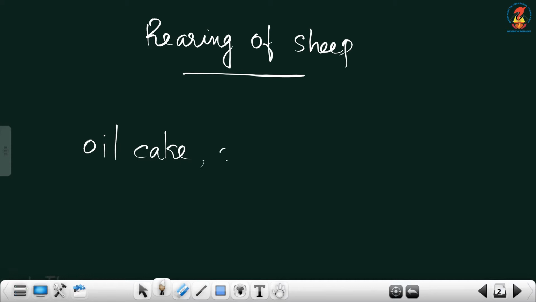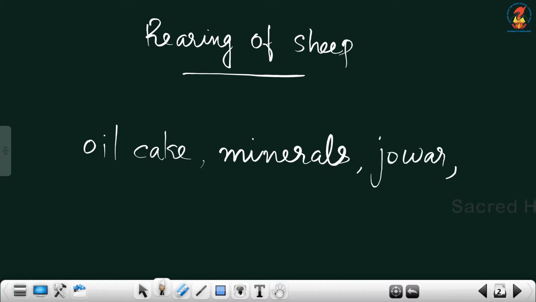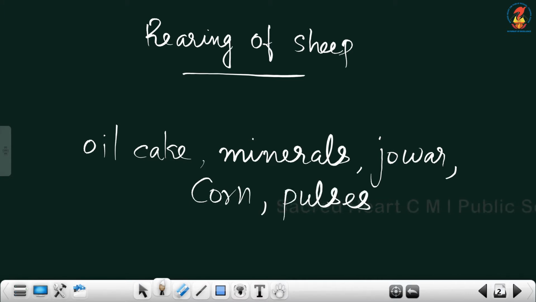And oil cakes, minerals, then jowar, then corn, pulses, all these are given to the sheep other than the leaves and grass. Okay, and